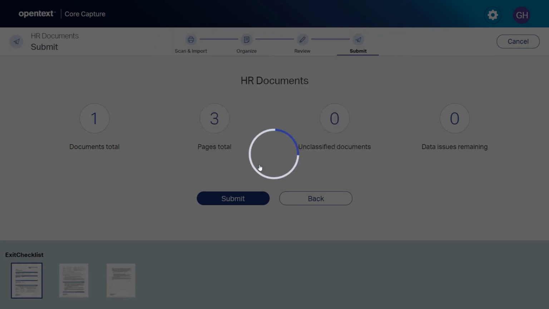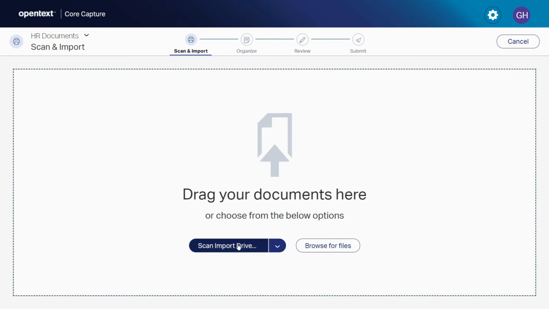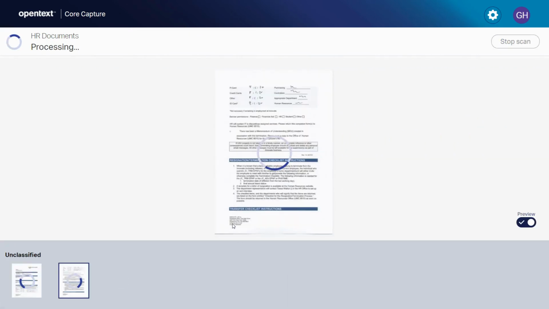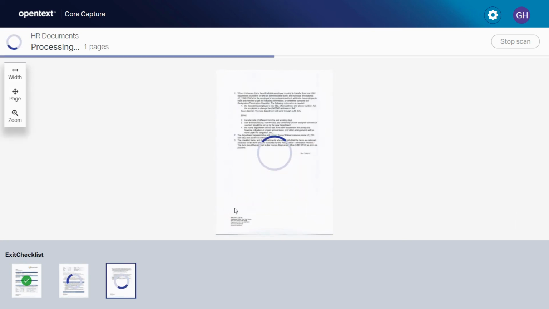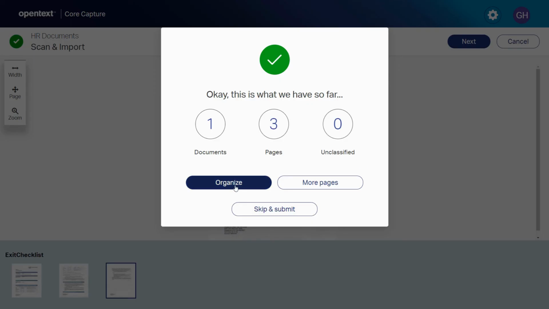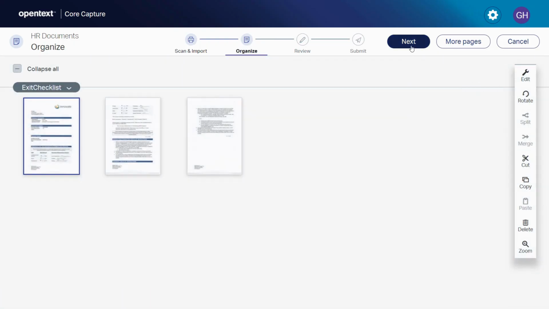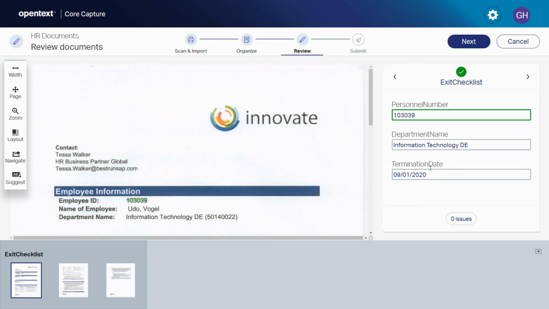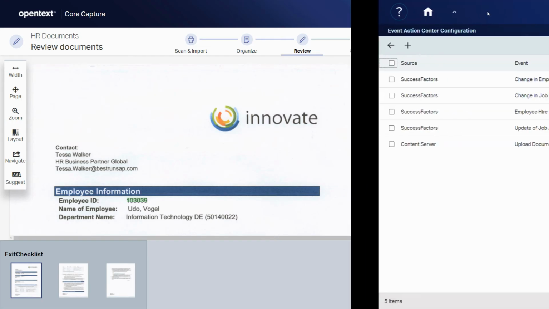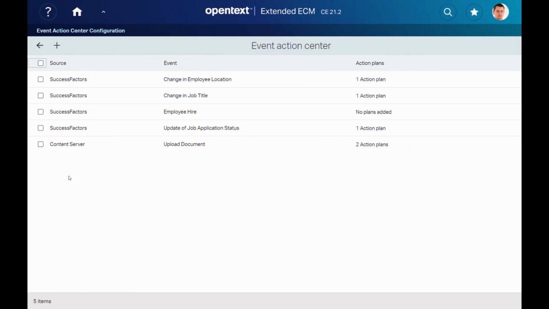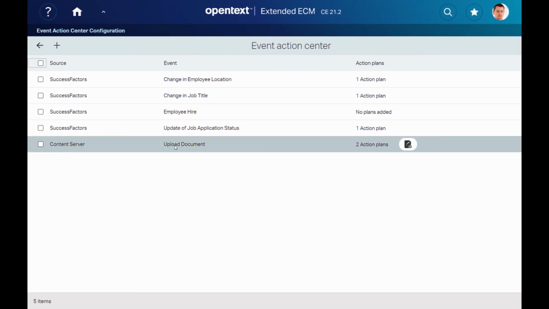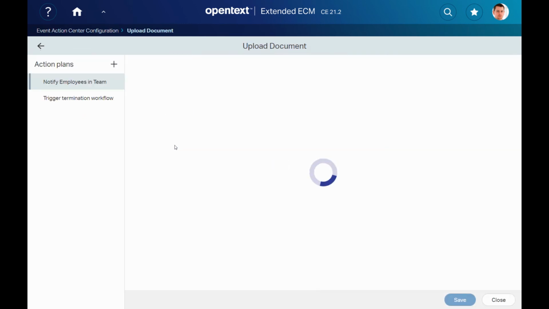So let's do that again in order to see how the capture engine is actually recognizing the fields based on the training information that we applied in the first pass. So as you can see now, in the review step, the fields have been extracted and you can see them highlighted. To continue the automation, we have again the upload document event, which is triggered by core capture, which will drive